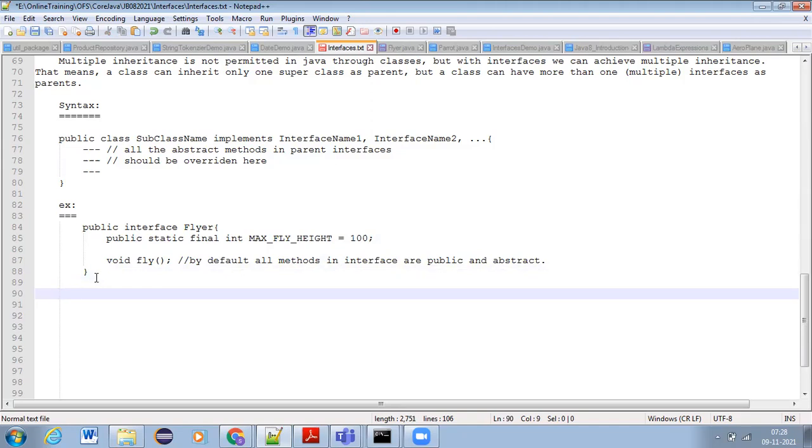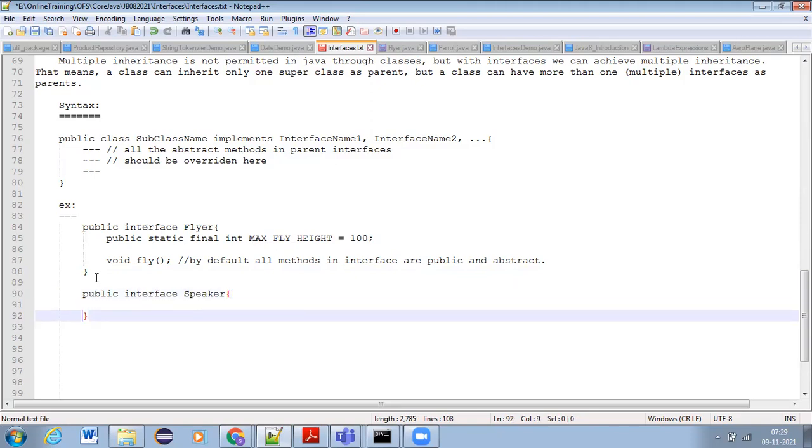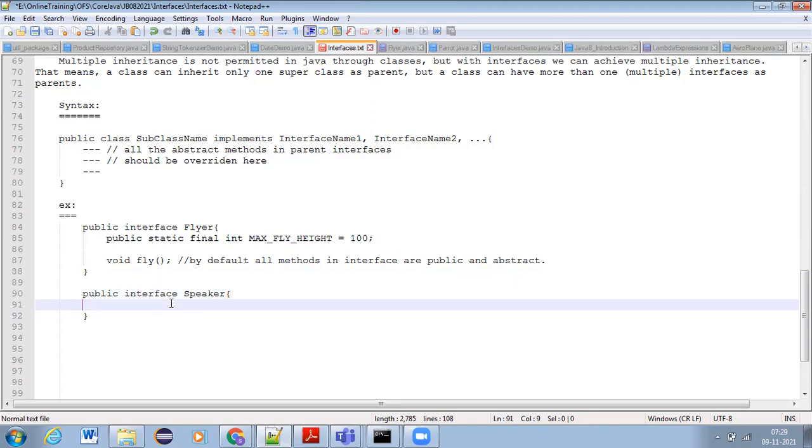Along with this, let us say we have another interface, Speaker, who can speak or who can talk. Talker or speaker, anything. Void speak. Speaker should speak, right? Then only we can say the thing is a speaker. Otherwise, we cannot say it is a speaker.